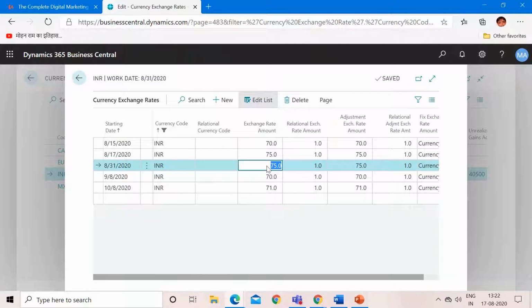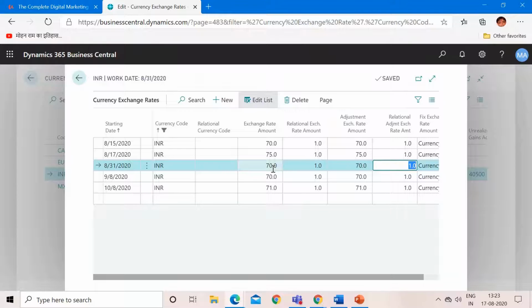let me change the exchange rate amount here from 75 to, let's say, 70. So this means that today's rate is 70, but on 17th of August the rate was 75 when we posted the invoice of our customer, and now on 31st of August the rate has decreased from 75 to 70.